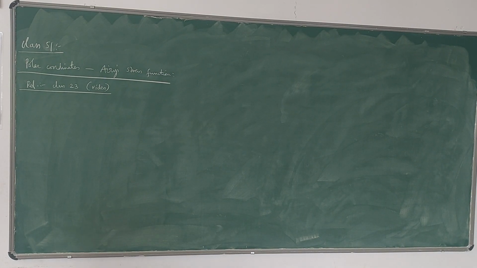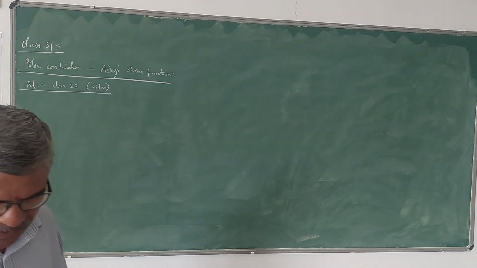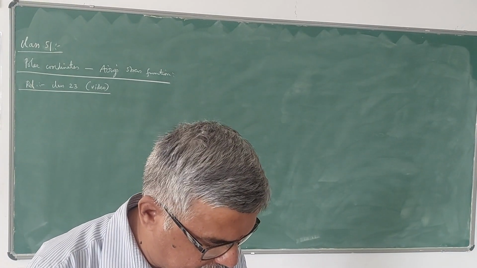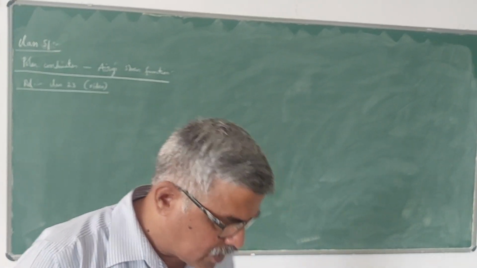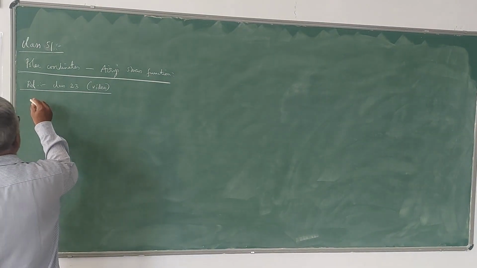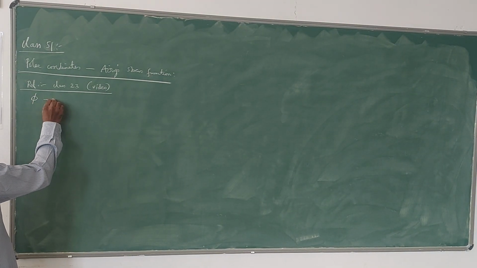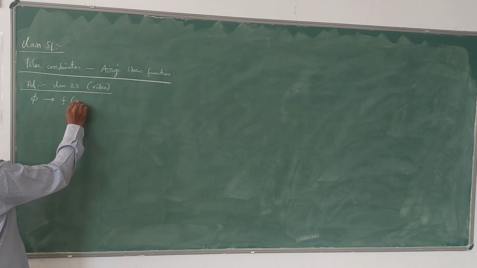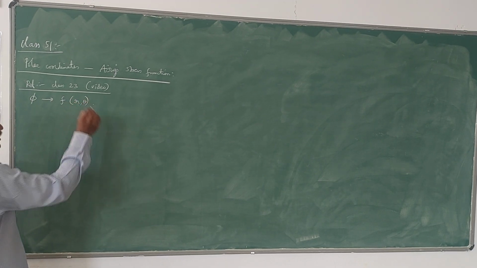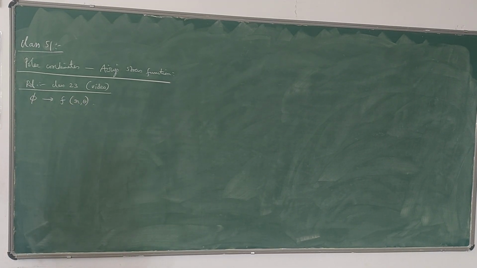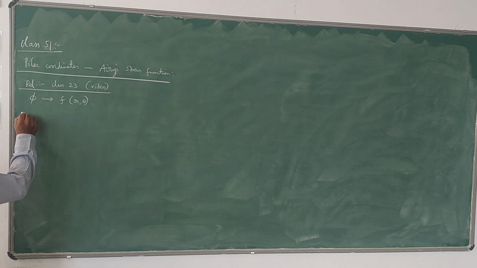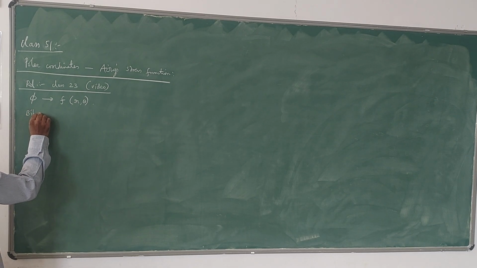The polar coordinates, Airy's stress function. So just like Cartesian coordinates, you have in polar coordinates also the function phi, but here it is a function of r and theta. Instead of x and y, it is r and theta, polar coordinates, one linear and one angular. So the biharmonic equation in this case,